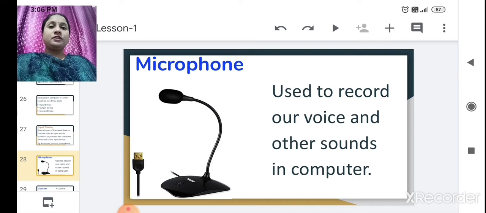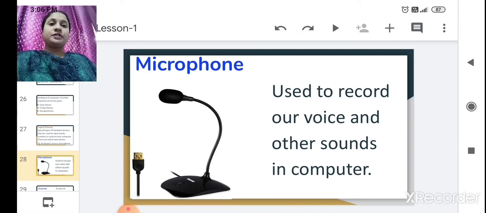Whatever we speak or sing into a microphone, or any other sound, the microphone gives as input to the computer, and the computer will record it. Whatever we speak or sing, the sound will be recorded in the computer. So the microphone is one type of input device.